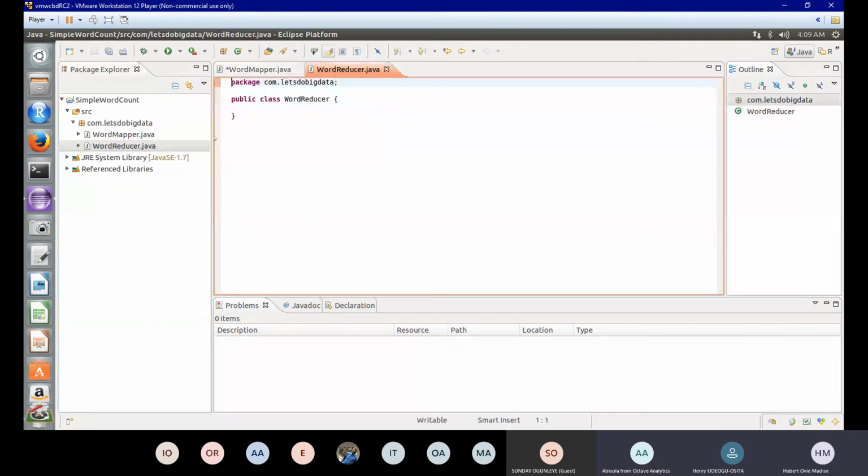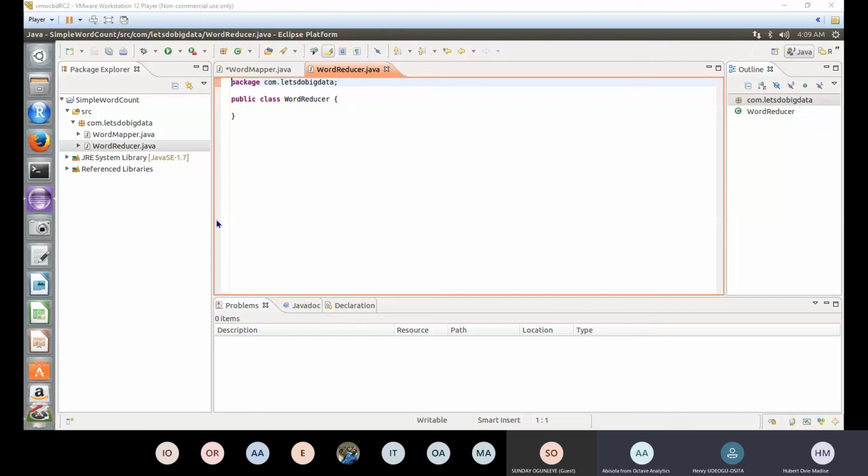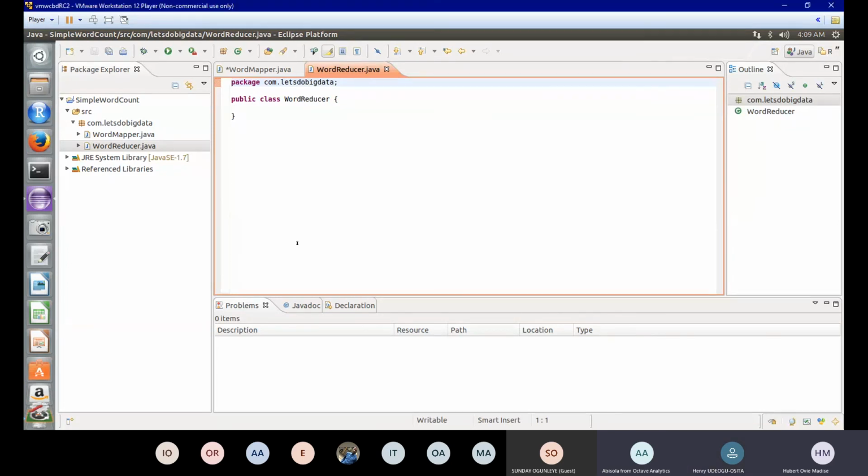So the same thing you did, go back to your script, take the word reducer script, put it into this and save it. Then you create the third class. So all of these scripts are the things that are going to perform your word count for you. So you break it into steps. We have different steps: mapping, reducing, then counting, and so on. And then when you're done with that, you can export your data.